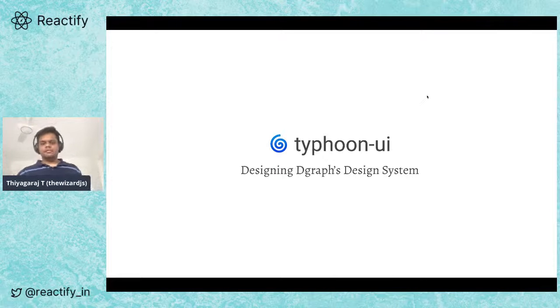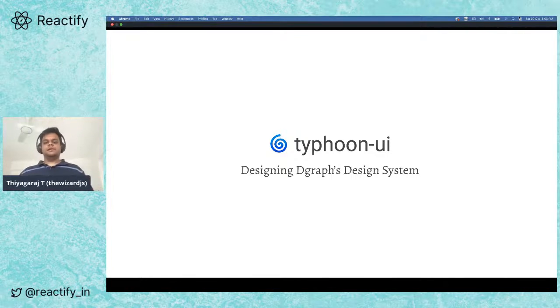Today, I'm going to talk about probably one of the most interesting and exciting things which I've been doing in the past 1 year at Dgraph, and that is typhoon-ui. Typhoon-ui is the name of the React component library which we have developed, and typhoon-ui powers Dgraph Cloud, the cloud solution of Dgraph. So the entire Dgraph console is built on typhoon-ui, and typhoon-ui is part of the larger Dgraph